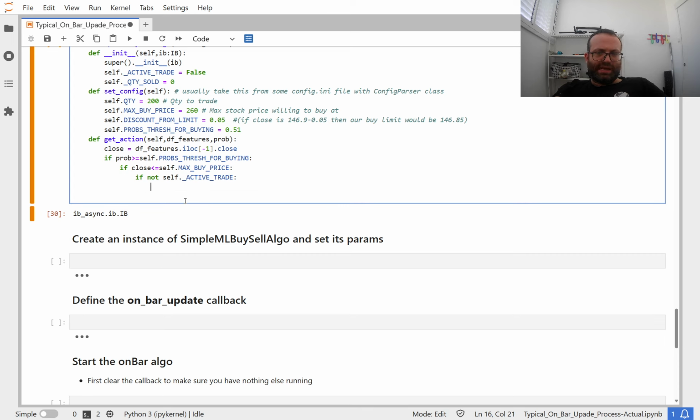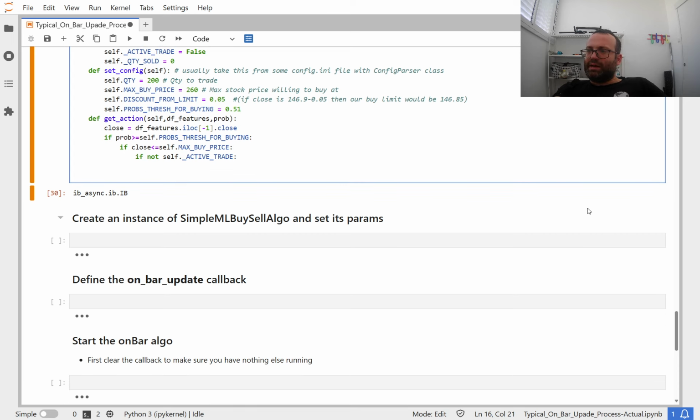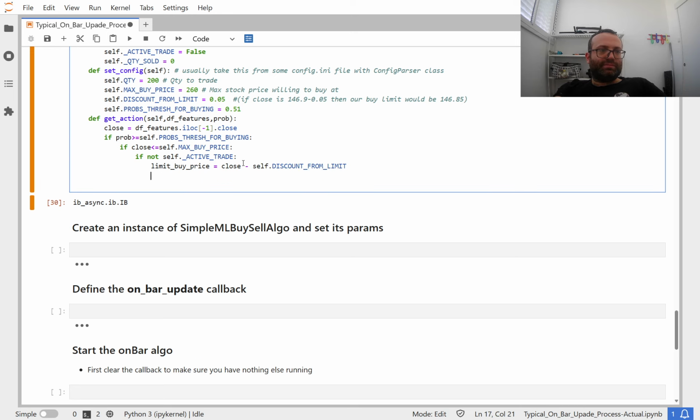So if it satisfies all those conditions, then we can submit some sort of bracket order. So I'll do something like limit_buy_price equals close minus the aforementioned self.discount_from_limit. I'll have take_profit_price equals, in our case we have a thing for take profit, so it will just be df_features.iloc[-1].take_profit_target,